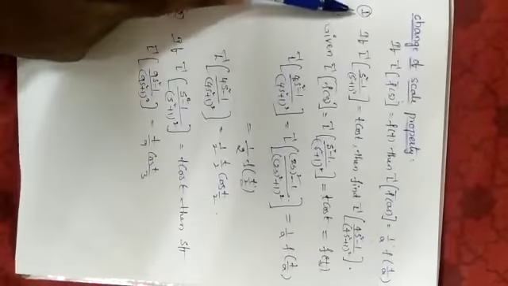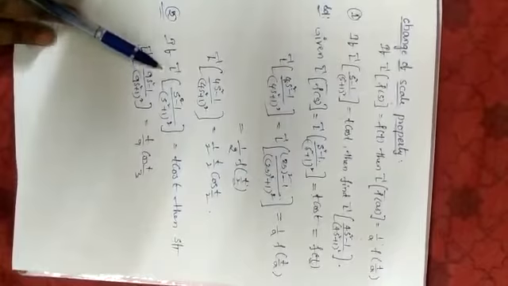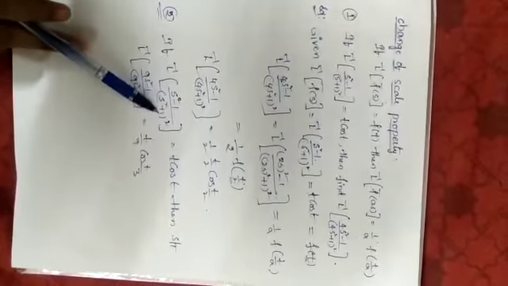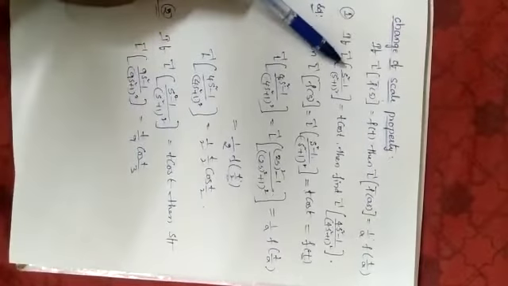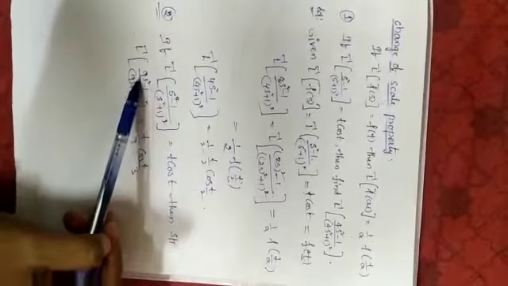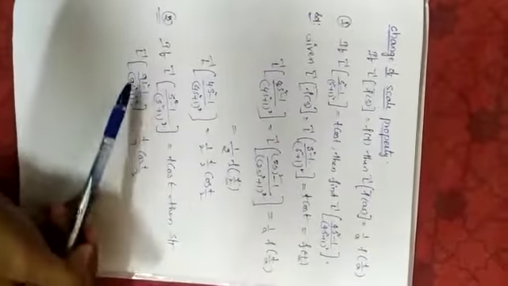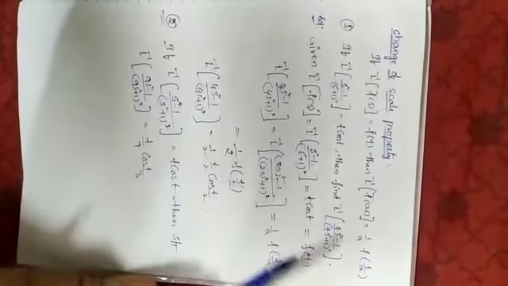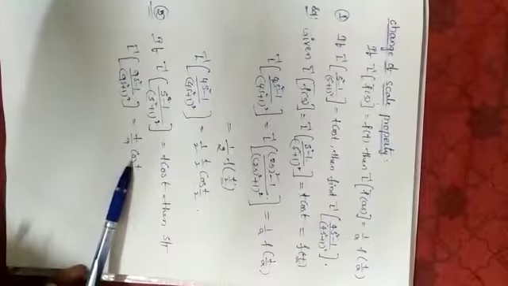Okay, similar to the previous problem, solve this problem here. Here also, the Laplace inverse of s square minus 1 by s square plus 1 whole square is given, that is t into cos t, similar to the previous one. But here we are required to find the Laplace inverse of 9s square minus 1 by 9s square plus 1 whole square. Here, in place of 4s square, we just have 9s square. So that's the difference between the previous problem and this problem. So similar to the previous one, solve this problem.